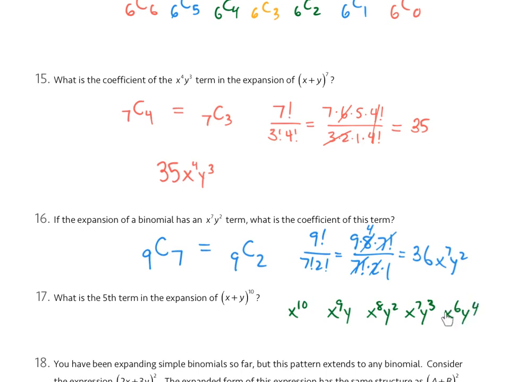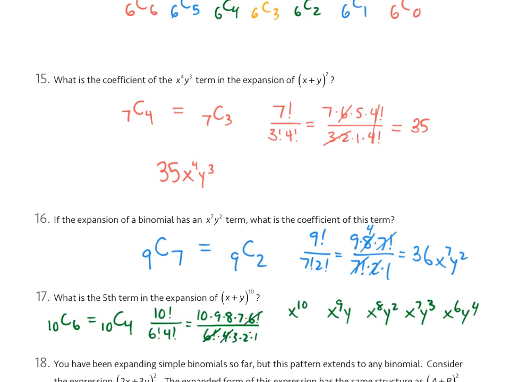So to find out the coefficient of this term, I can think about from 10 letters in total, how many ways can I select 6 x's, or how many ways can I select 4 y's? I can calculate that as 10C6, but that's also the same as 10C4. To compute that, I can write 10 factorial over 6 factorial, 4 factorial, and 10 factorial can be written out as 10 times 9 times 8, 7, and then 6 factorial over 6 factorial times 4, 3, 2, and 1 all multiplied together. The 6 factorial in the denominator and the 6 factorial in the numerator can be canceled out,